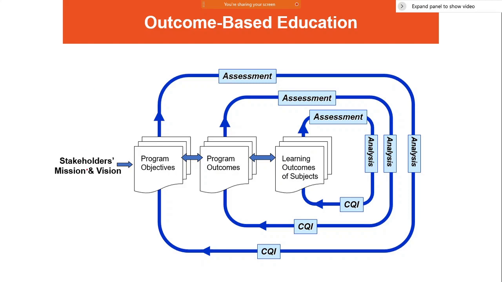So first of all, you are getting input from the stakeholders. Inputs from alumni, then industry, then students, then parents, then maybe some social kind of work, where they are also expecting something from engineering education. These all are going to give me input, and these are called stakeholders. Okay, these stakeholders will give input, and based on this input you are going to define the vision and mission